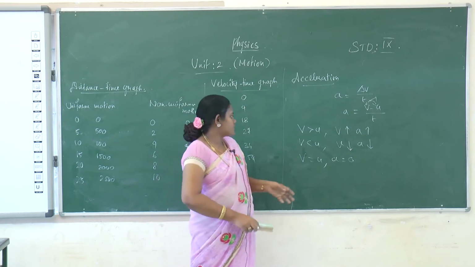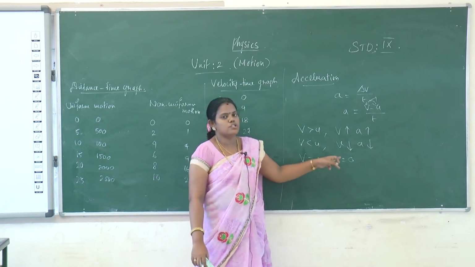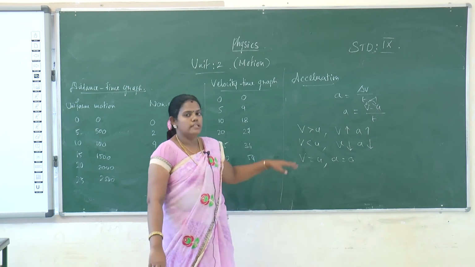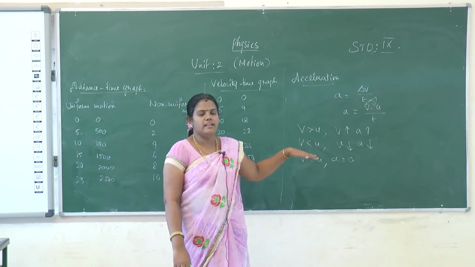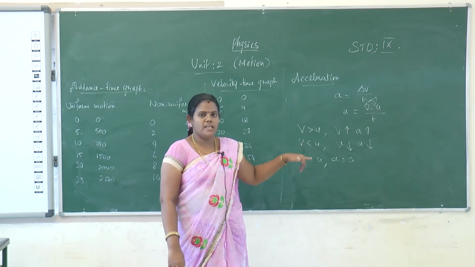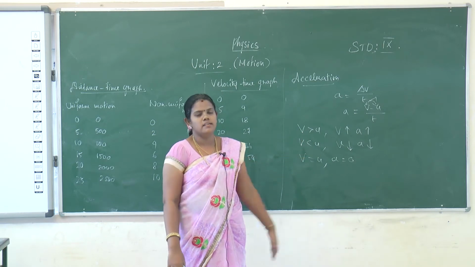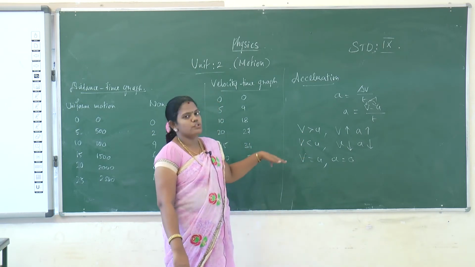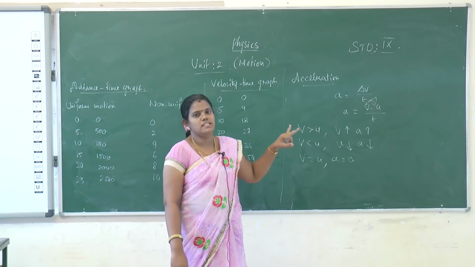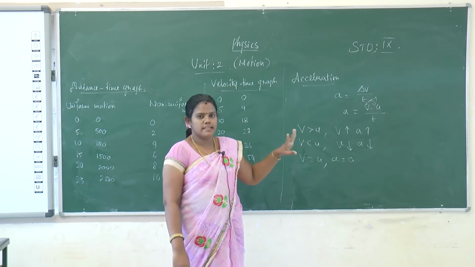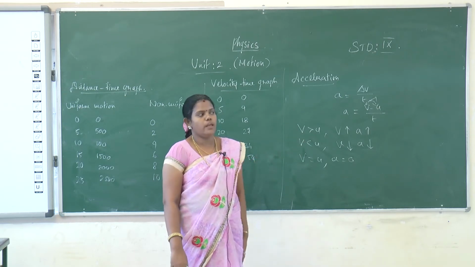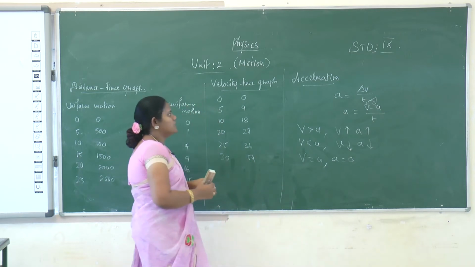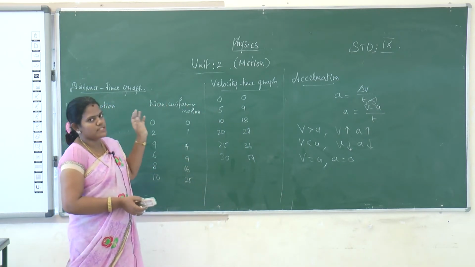So acceleration: V is equal to U, so the acceleration is 0. In this part we have learned speed, velocity and acceleration. I hope that you understood the terms distance, displacement, speed, acceleration, velocity. Now I will explain the graphical representation of